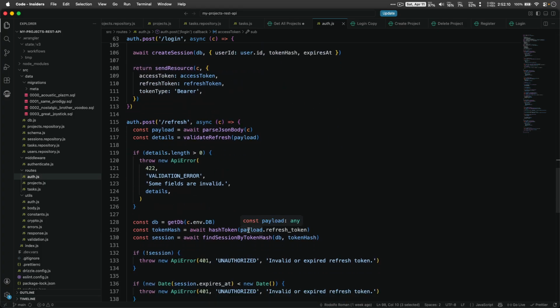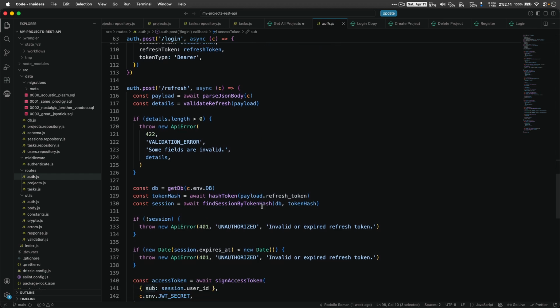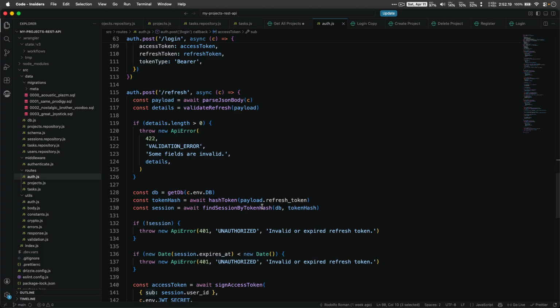Oh, here. No, the other one. I think I saw whether I have a typo here. So let me look for expires here. In my session, I have expires underscore at,